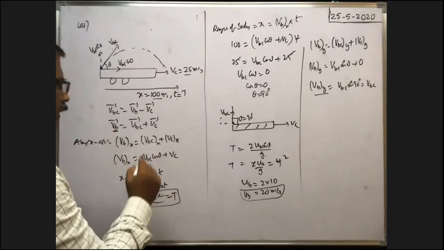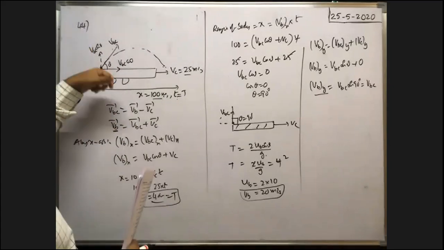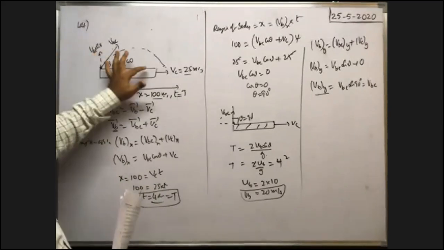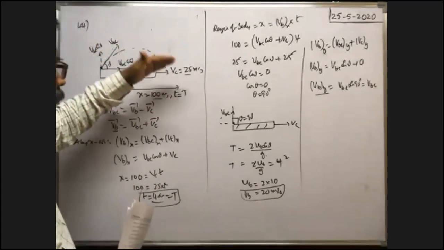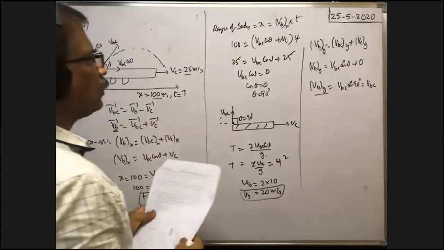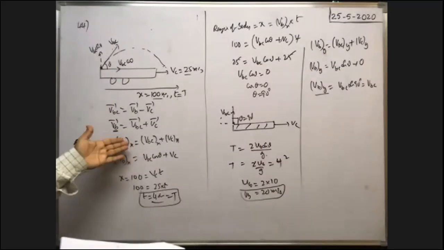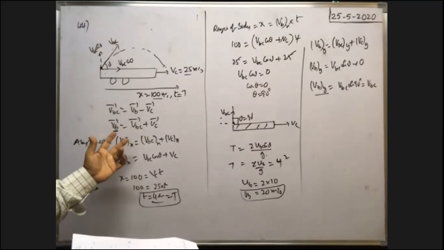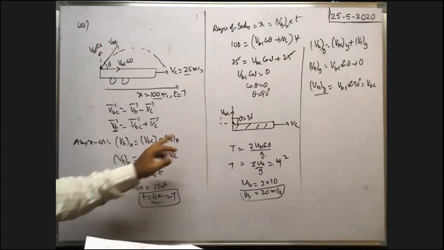In these 4 seconds, they asked, what is the velocity with which the body is projected? That is the question they asked. Now, what is the distance traveled by the body along this direction in the time before it falls into the car? That is equal to the range of the body. Range of the body is equal to the velocity of the body along the x-axis times the time taken. But the velocity of the body with respect to the car is in this direction. So the velocity of the body along the x-axis is equal to the velocity of the body with respect to the car along the x-axis plus the velocity of the car along the x-axis.